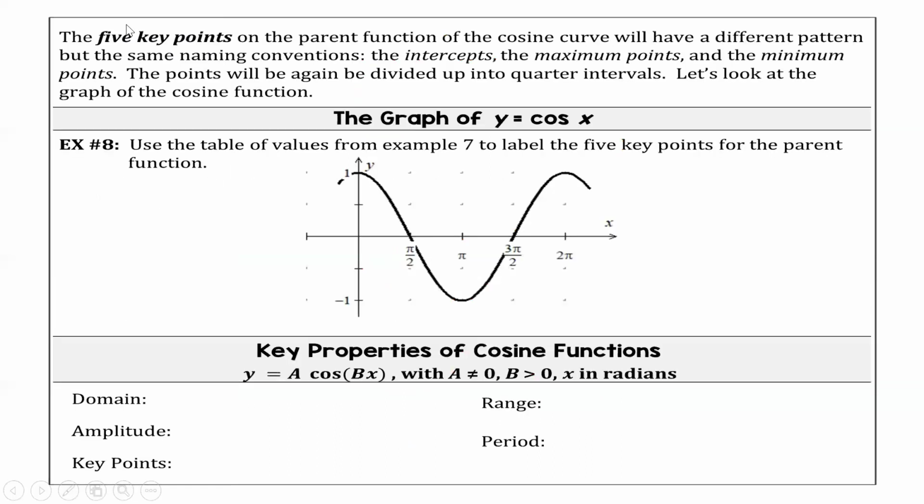All right. So now looking at here, we're going to write down our 5 key points. We're going to make our table of our 5 key points. So what's the first one? Our first is going to be our max. So we have a max at (0, 1). Then we have an x-intercept at (pi over 2, 0). Then we have a (pi, negative 1). And then we have a